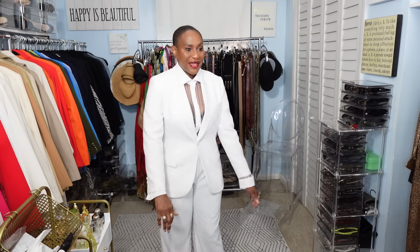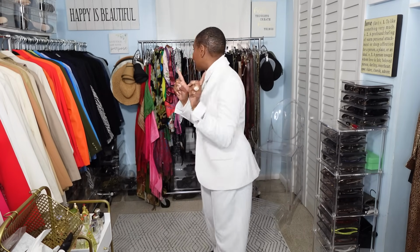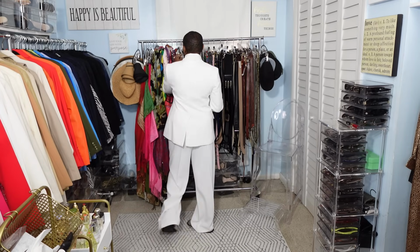All right. I have on this suit and this sheer top. As you can see, it's sheer. I actually have on the wrong bra. I should have worn a nude bra, a skin color bra. But it's all right, because what I'm going to put on here, you won't be able to see the black bra, okay? I didn't feel like running back and changing when I knew I was going to cover it up. All right, what I'm going to do is this